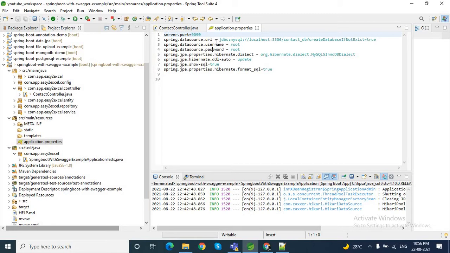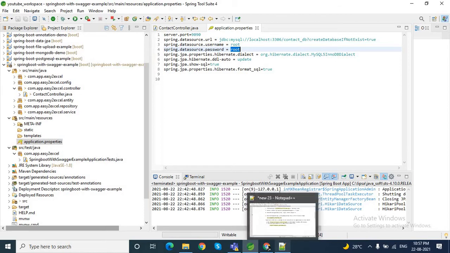This username and password is sensitive information. It's not a best practice to save this password or username directly inside our application.properties file. That's why we need to store the encrypted value of the actual password or actual username. That's why we need the encryption logic. Clear? So by using JASYPT, let's see how we can do this encryption part.